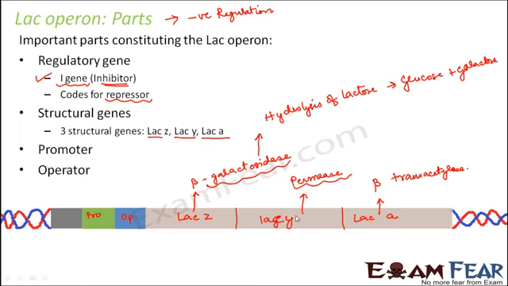So now here we will see how the expression of these three genes, LAC-Z, LAC-Y and LAC-A, is being controlled by the regulators. And what are the regulators here? Regulators are the repressors here. That means they are negative regulators, and they are being produced by the I gene. Now this I gene can be present nearby or they can be present somewhere else as well. As I said, it is not necessary that the regulatory gene has to be a part of that operon. So that is not mandatory. And as we know, this is the promoter and this is the operator we have already discussed about.